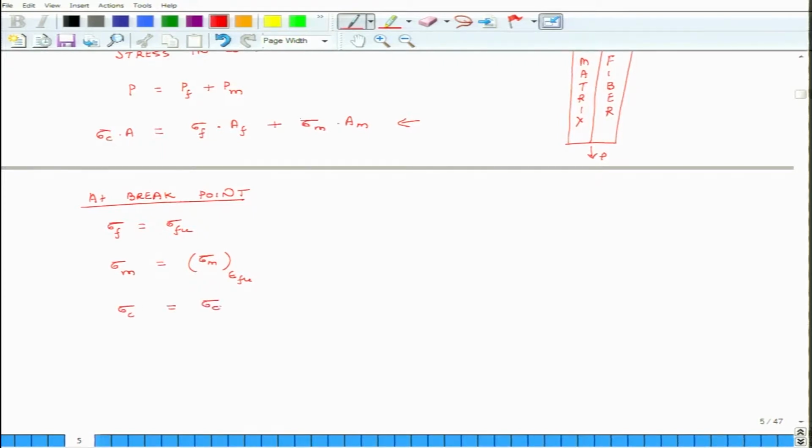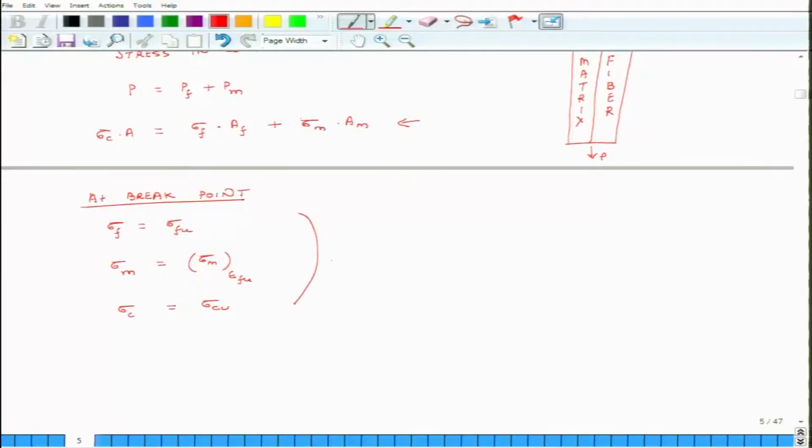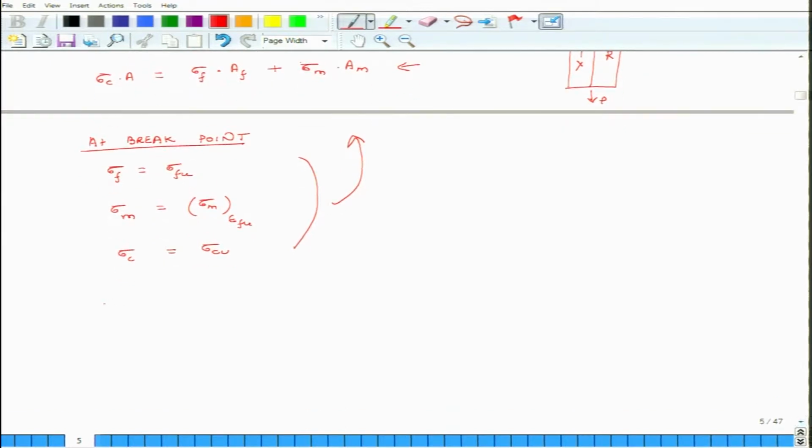It will be sigma Cu, because the matrix, the fiber and the composite, all three are failing at the same point. So, I put all these things in the above expression. So, I get sigma Cu times A is equal to sigma Fu times AF plus sigma M evaluated at the breaking strain of the fiber